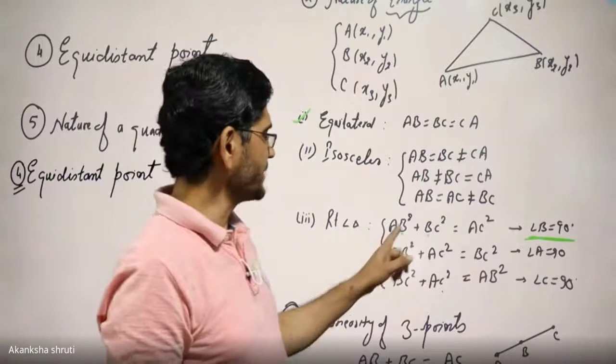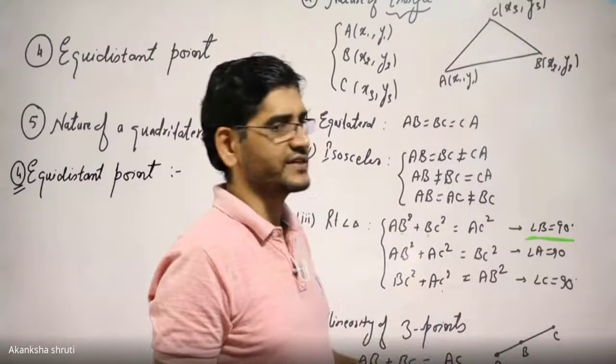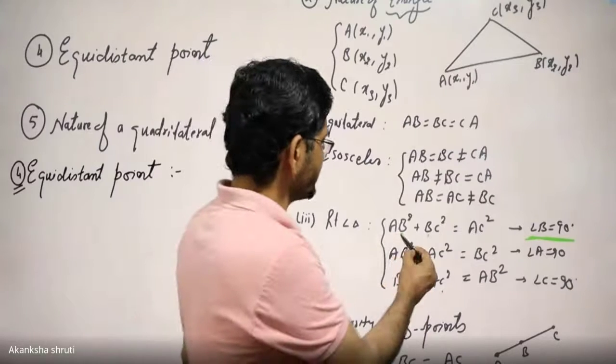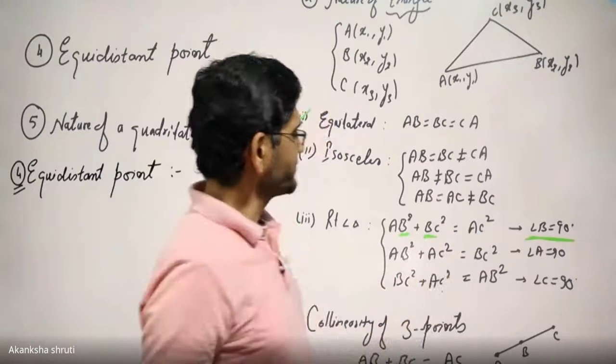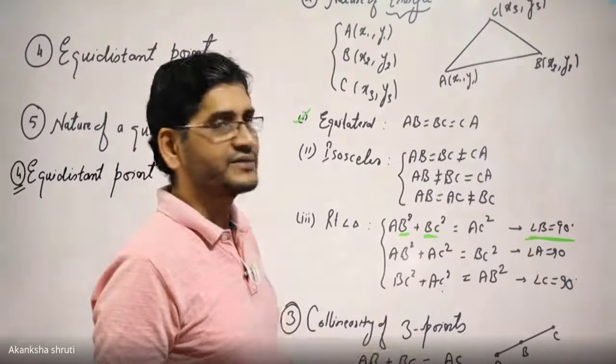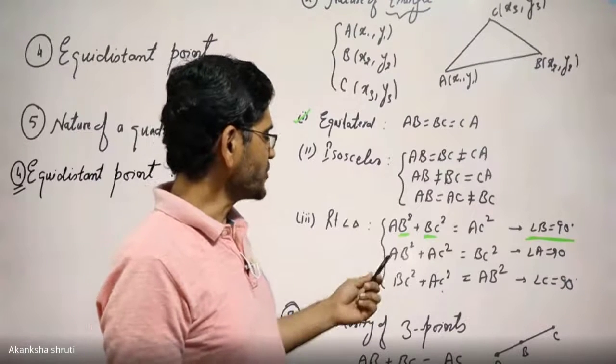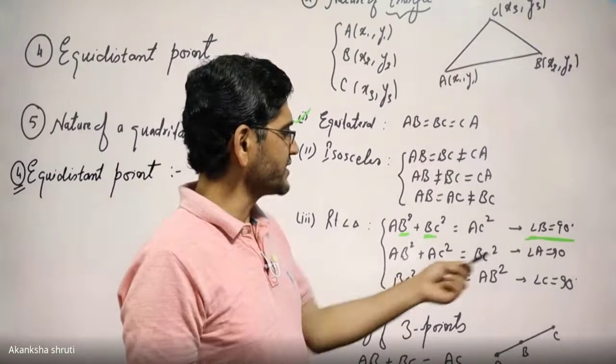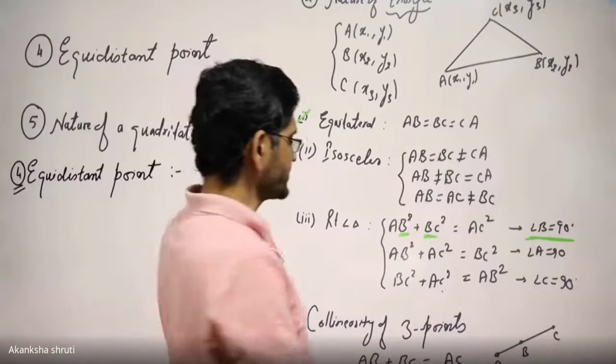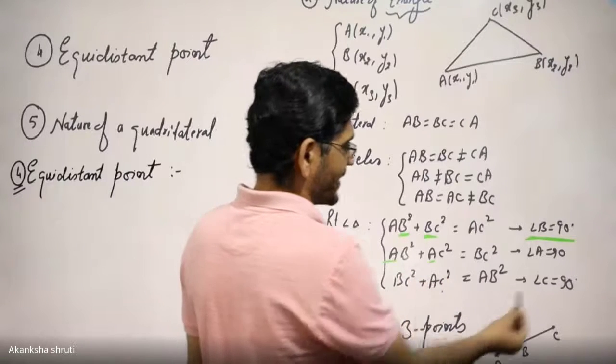Like AB square plus BC square equals AC square, here the vertex B is common. It means angle B is 90. It may be possible that AB square plus AC square equals BC square. In this case A is common, so angle A is